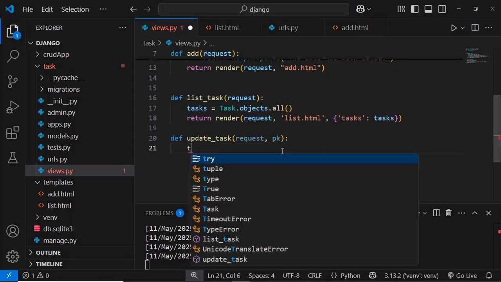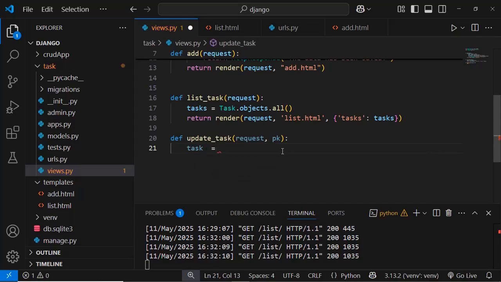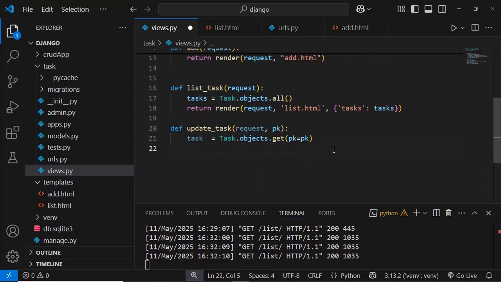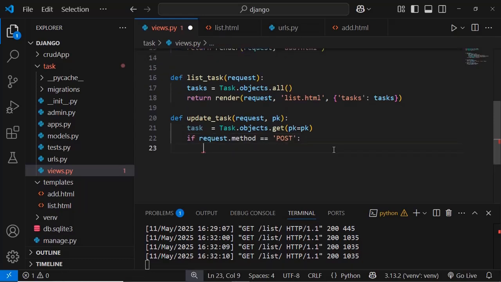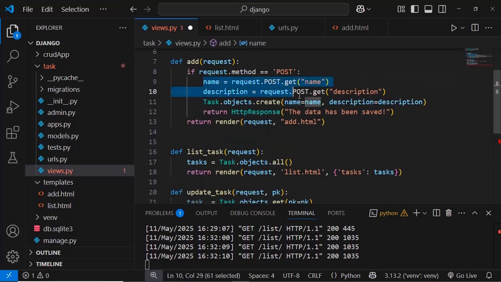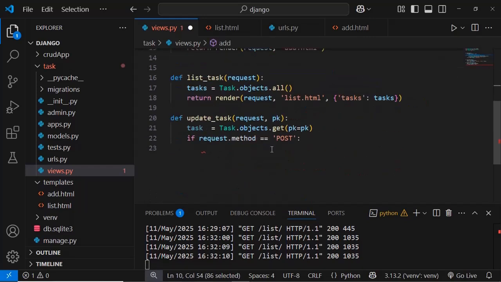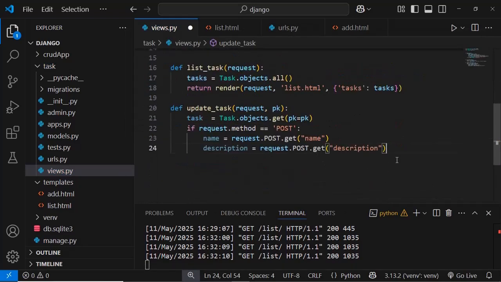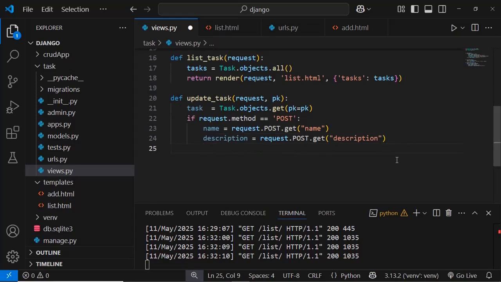So firstly, what you want to do is to get the task which you want to edit using the primary key. So we use this task objects dot get, using the primary key, something like this. After getting this, we are going to test if request method is post, something like this. We want to get the description and the name as we have done here. So let's go ahead and get this inside here. Okay, I've just copied something from above there, and after getting this, what we want to do is